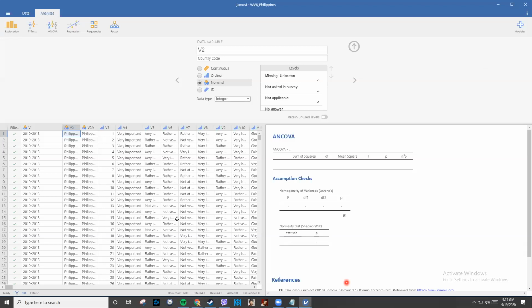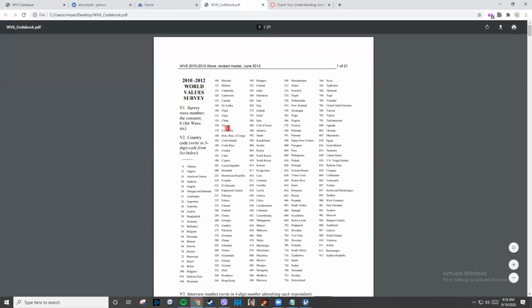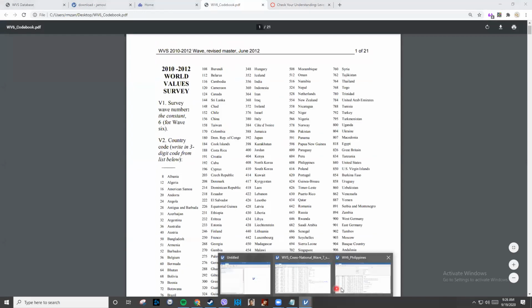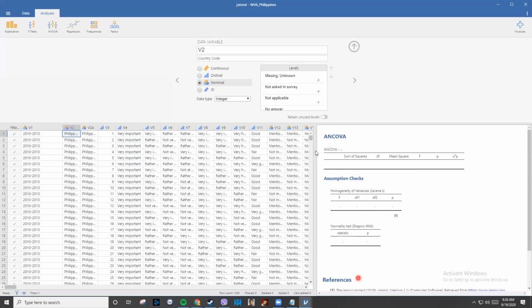Okay, so I will just move on with our reading of the World Value Survey code book. So what we have in Canvas is just the Philippines version or the Philippine Japan US version.